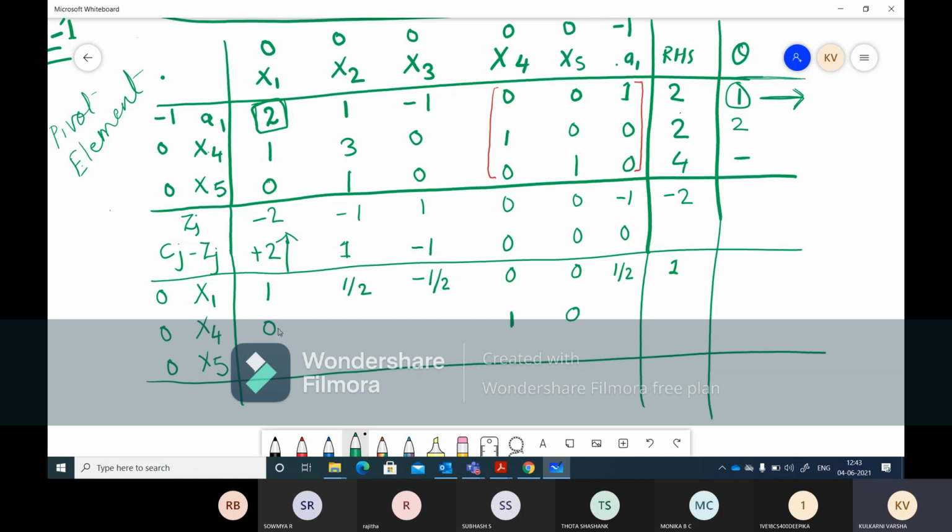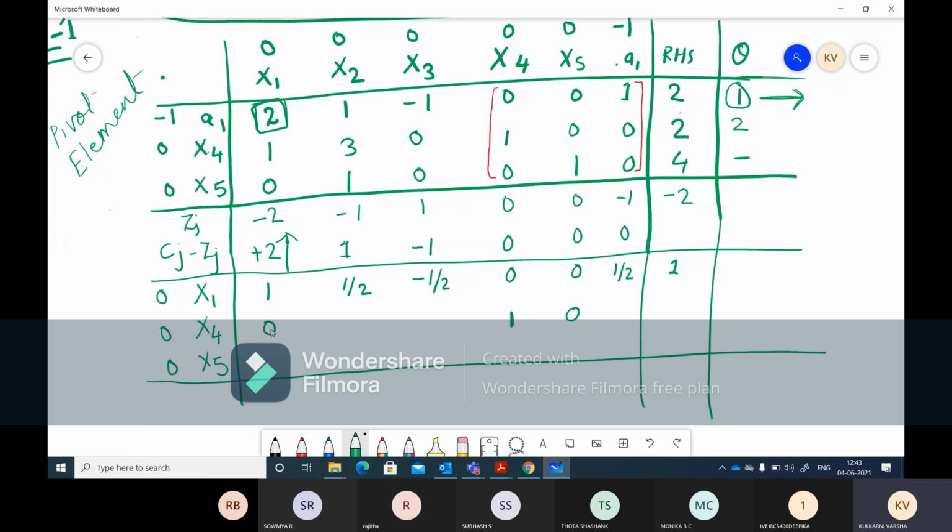So we want 0. How will we get 0 over here? For that we need to concentrate on this newly entered row and the old x4 row. We need to take this old x4 row. So these are the values we need to take. So see, here we have 1, here we have 1. If we do simple subtraction, this 1 minus this 1 will give 0. So we are getting the required value with a simple subtraction.